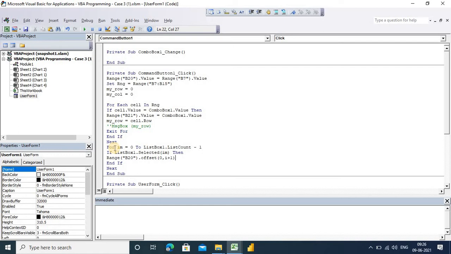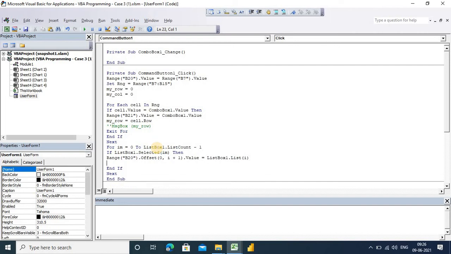So we can move forward by 1, because this is starting from 0, but now we are adding the next cell, so that's why I have added plus 1. It is equal to our ListBox1.List(IM), whatever you have selected. Okay, and in the end I have, again, let's check this.